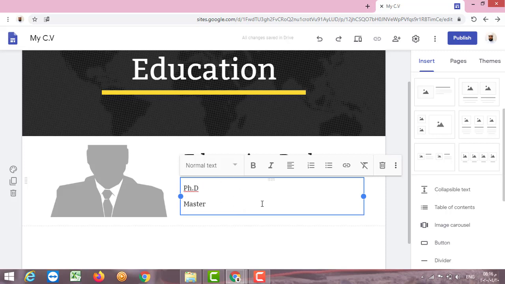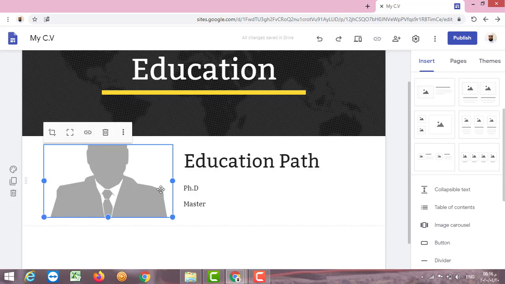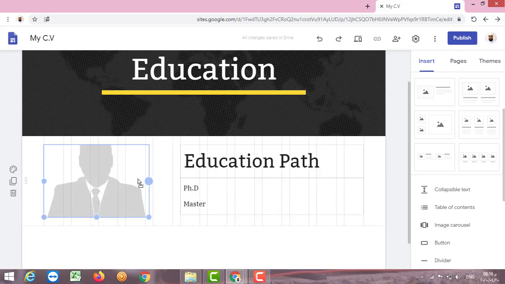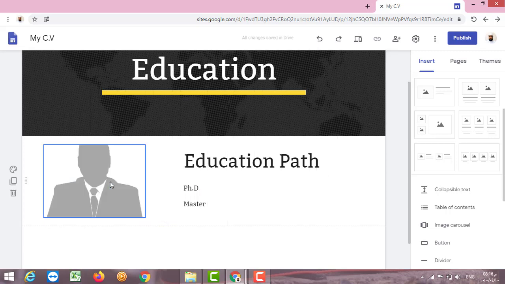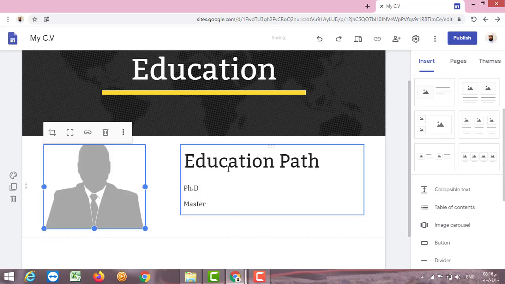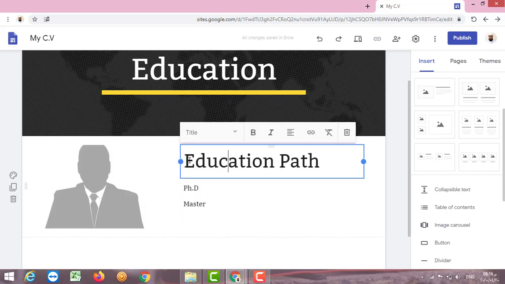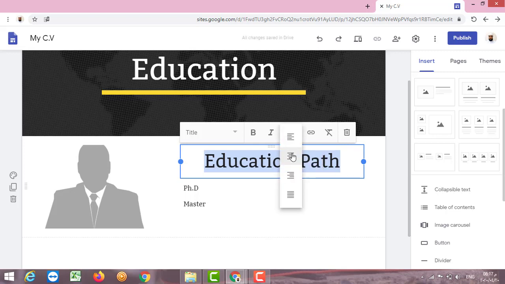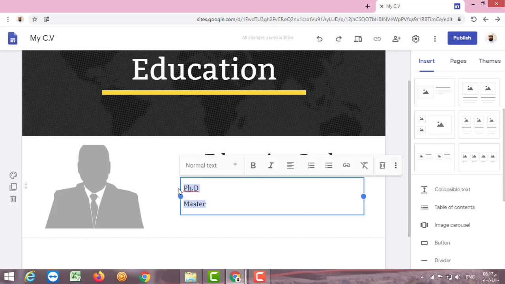So then we can have a list of items added here, and this is the photo. We can change the size, and we can make it bigger or smaller. This is the rectangle of the title. What options do we have? We can change it to make the alignment at the center, and for the content, we either make it left or center, or justify if we are using a paragraph.